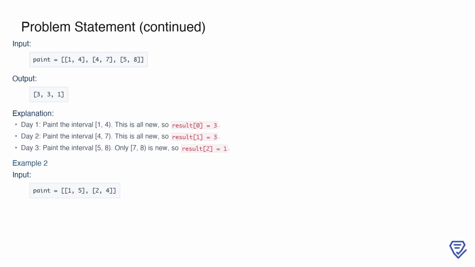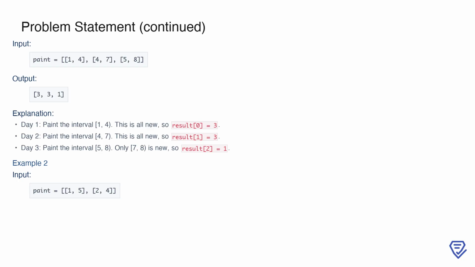Suppose the input paint array is [[1, 4], [4, 7], [5, 8]]. On day 1, we paint the interval [1, 4], which is entirely new, so the result for day 1 is 3. On day 2, we paint the interval [4, 7], which is also entirely new, giving us 3 more units for day 2. On day 3, we paint the interval [5, 8], but this overlaps with the area [5, 7],